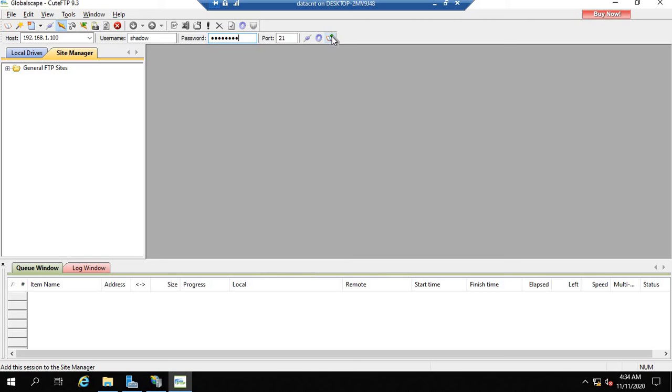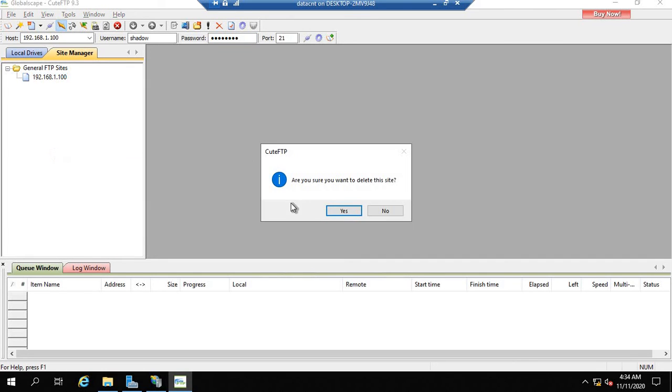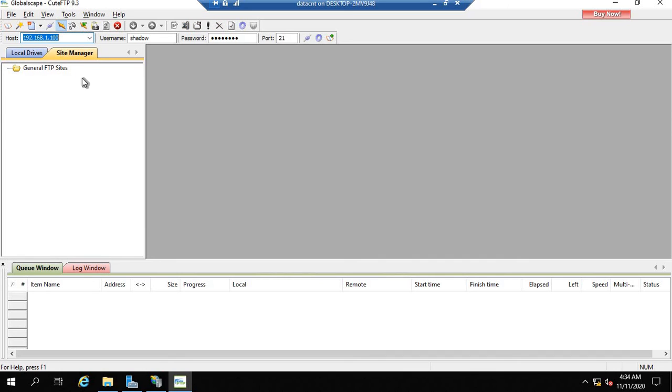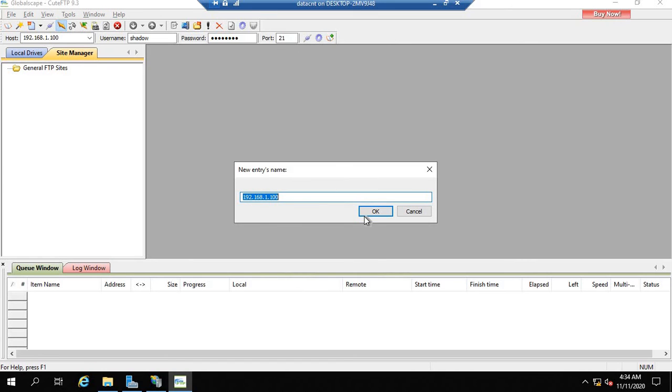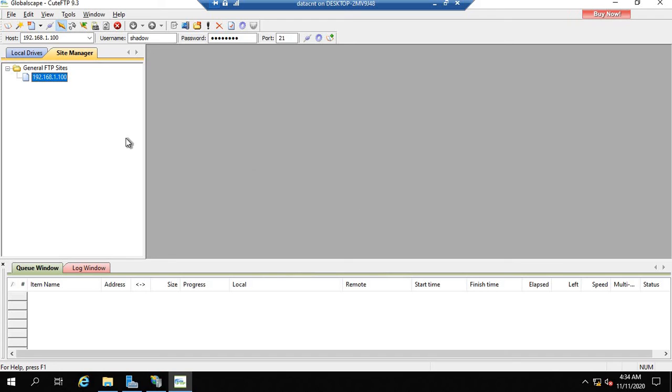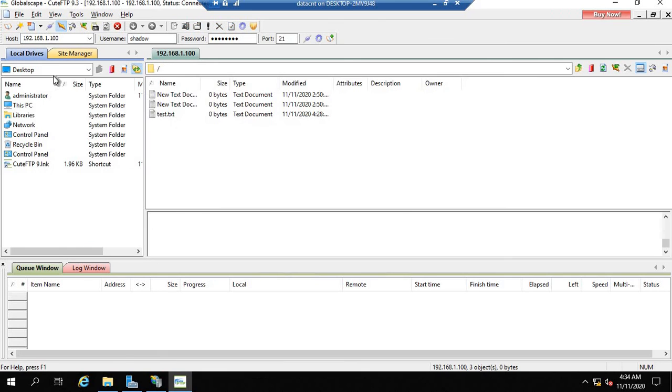And over here you see you have an option to create a site manager. Right now the site manager is default. There's one IP that was stored last time. I'm going to remove it. Now after typing this IP, if I come to the site manager, this is empty. Now if I add it, I give a name, so I'm going to give it the same IP address so that it will be easy for you to recognize which FTP server you are going to hit, because you might be accessing more than one FTP server. So over here, rather than writing username, password and host name all the time, I can simply double click this and it will do the authentication work automatically.